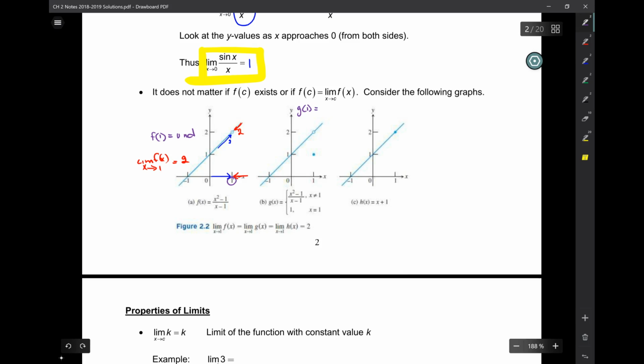g of 1, I have a 1. Any other answers? I have a 2. I have an undefined. Any other answers? Okay. At 1,